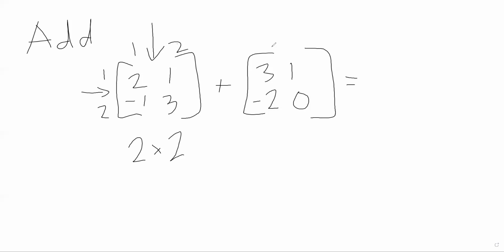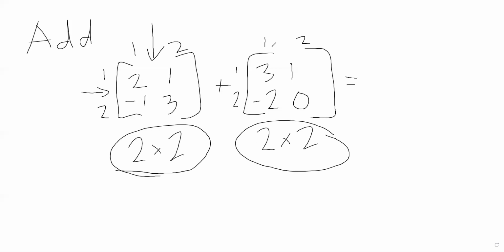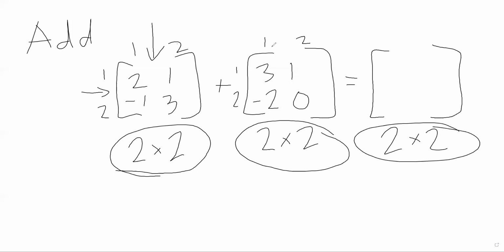So you do that same thing for the next one, 1 row, 2 row, 1 column, 2 column. The second one is also a 2 by 2 matrix. When you're adding, what you have to make sure is that the dimension of the first matrix matches the dimension of the second matrix. If they do match, then you can go on and you can add them. So you know that since you're adding, the dimension of your answer is the same as the dimensions for the other 2 matrices. So I always recommend putting the dimensions of your answer whenever you see an operation before you